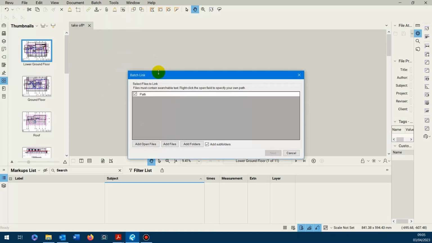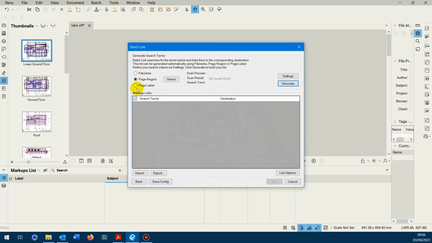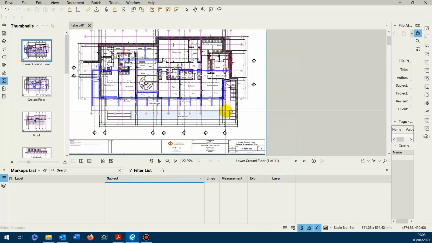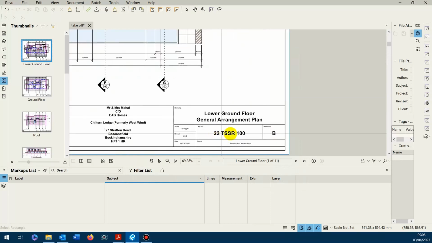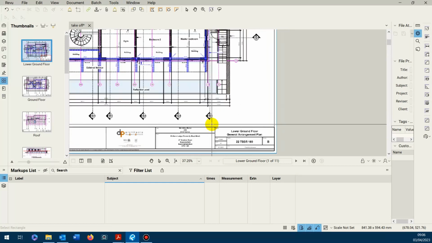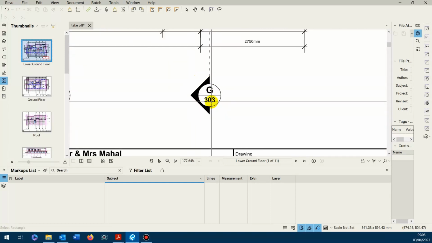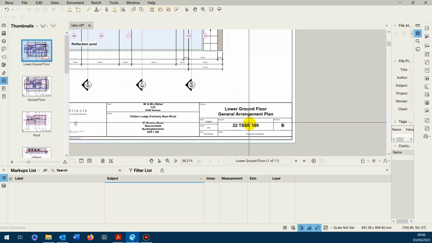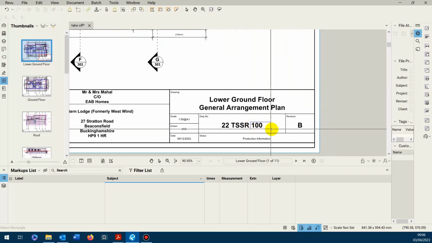So if we click new, we add the open files, it's combined, so it's just that particular one, so they'll all go in. And again, we need to select the region or the page label we're going to use to create the links. Now in this case, all these drawings are preceded by this project number, which will appear on every page. But if you look at the actual sectional detail, all we're really after is that page number 303. So if we select just the page number,